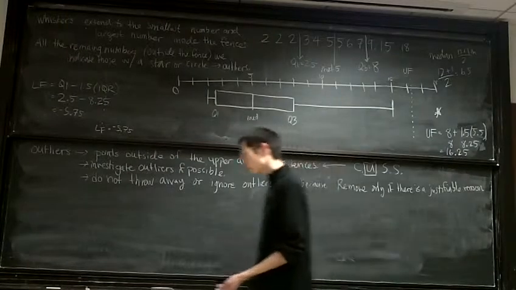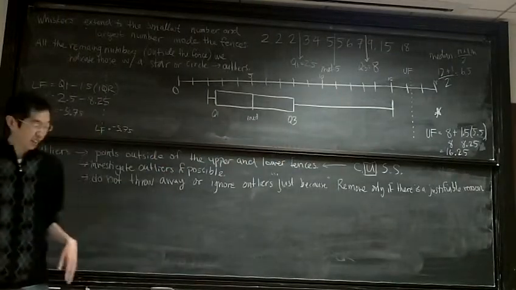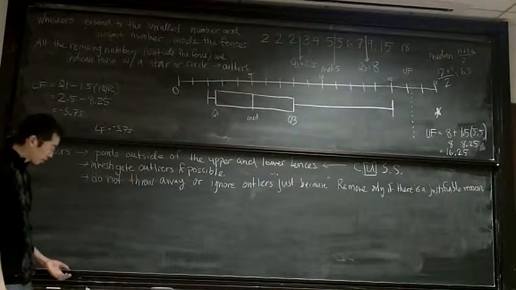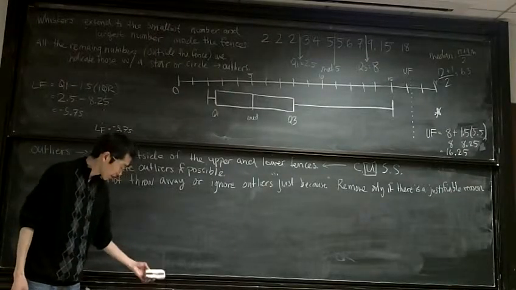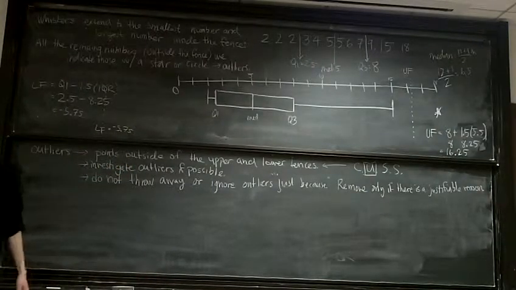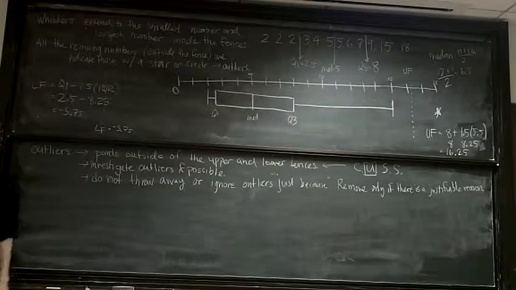If you can't figure out what's happening or causing the outlier, you can do two analyses, one with the outliers included and one without. Okay, and you can talk about how these outliers affect your analysis. Okay, but you shouldn't just throw them away just because. All right, so let's